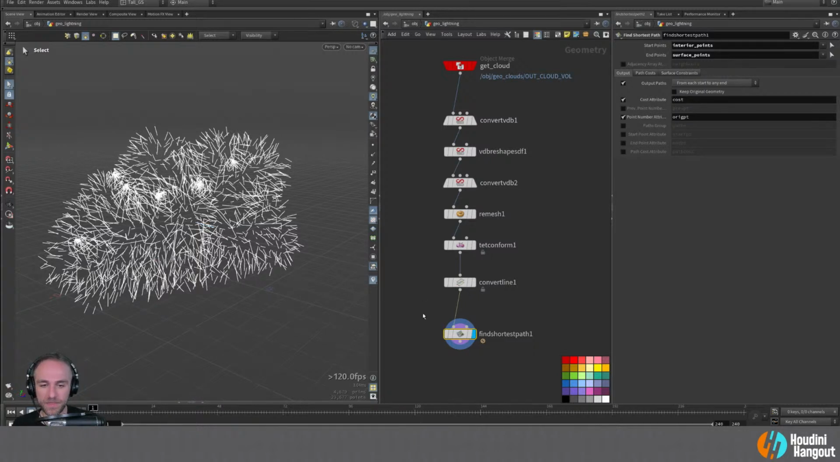And the way to think about this find shortest path, which is really cool, you can have it work on any geometry that's connected together. You could do it on a surface. You could do it in this case with a bunch of points and lines that are connected together. So when you give it the start points, you can see here there's different output paths that we can do, and we can do from each start to any end, right? So in this case, we're going from each start point, which is all of the interior points, to any end surface. So you can imagine that most of these are just going a short distance to the surface,